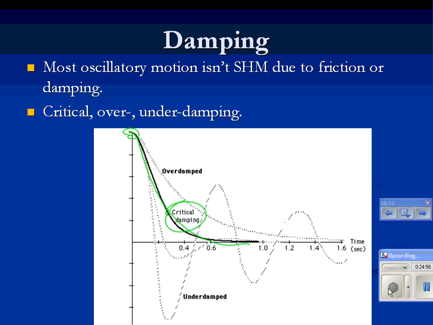And this is kind of how you want the shock absorbers in your car to be. You're driving down the road, you hit a bump. That shock absorber compresses, and you want it to get back to equilibrium without bouncing a whole bunch. Okay, you don't want it to oscillate a whole bunch, because otherwise you're jiggling down the highway, right? If something is overdamped, it takes too long to get back to equilibrium, and that's this curve here. Okay, that's a shock absorber that compresses and doesn't rebound fast enough, so your car hits it, and then you're stuck for a little while before it gets back to equilibrium, and you hit another bump, and you're like, oh,